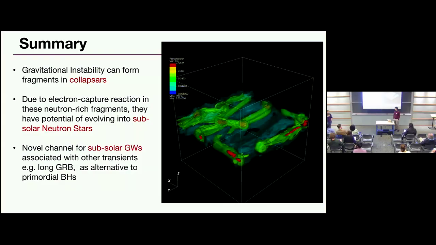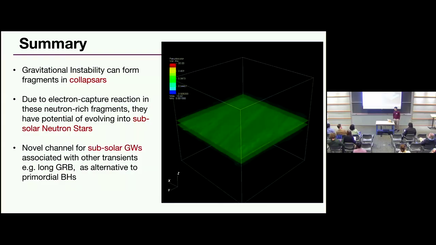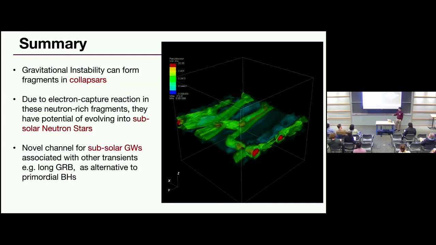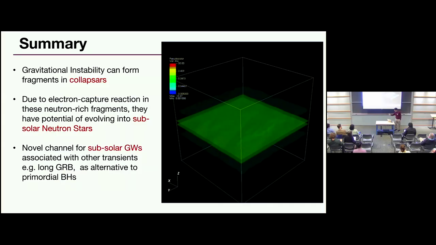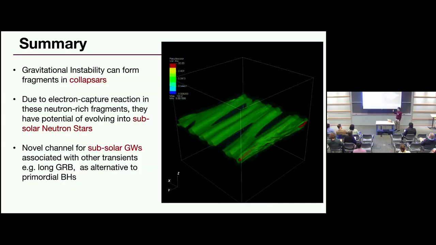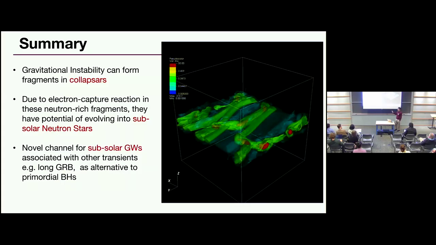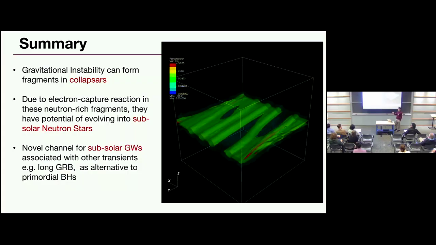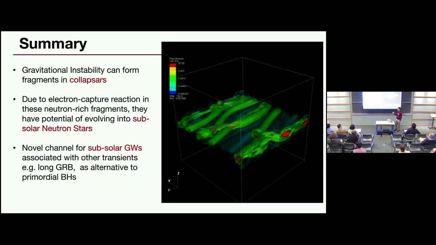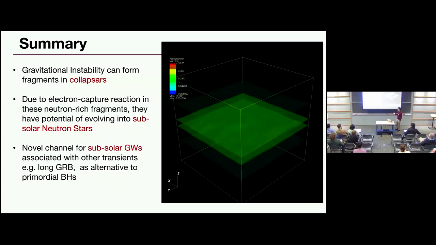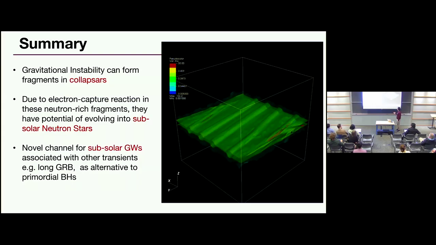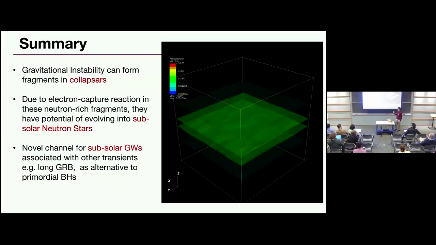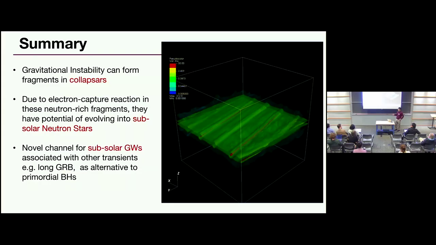Yeah, I think it might be tidally disrupted, because it has a larger radius. But in our simulation, we do not let them actually evolve into neutron stars. We have a collapsar equation of state, which is below density 10 to the 12 or something. If they actually evolve into neutron stars, then probably the equation of state will be in a different regime from usual neutron stars, and they will have different implications.